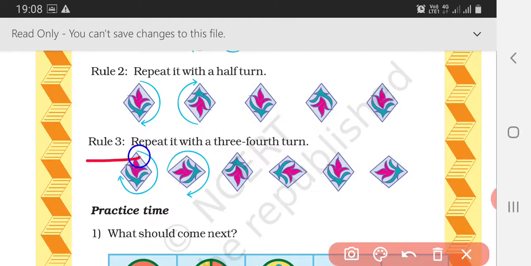According to rule third, if a shape takes 1/3 turn, 3/4 turn, then in this way it will change its position. In 1/3 turn